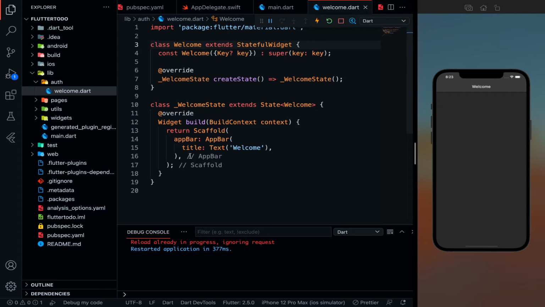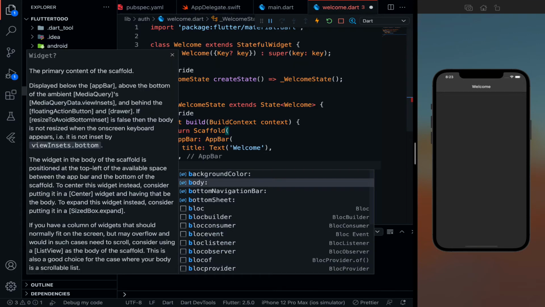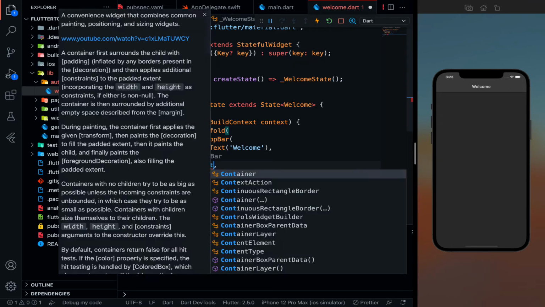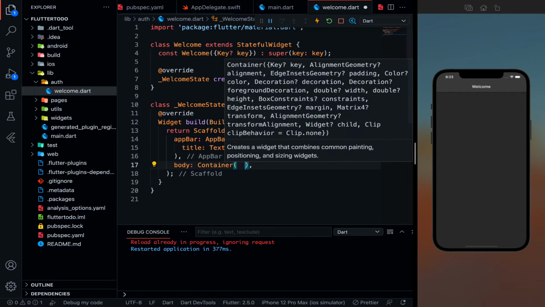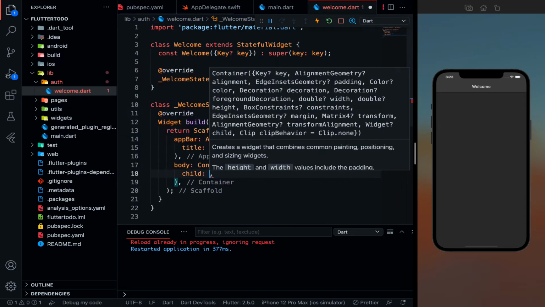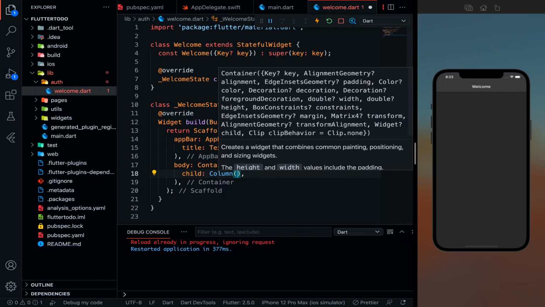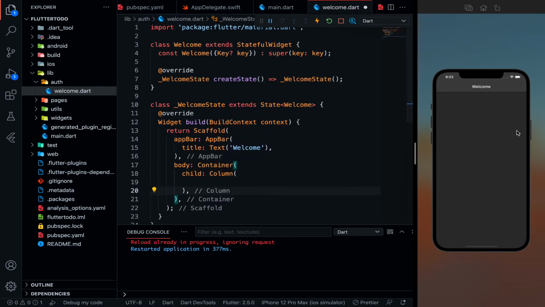So in the app bar is done. Let's go to body. So in the body, I'm going to define a simple container. In the container, I'm going to have a simple child, and we are going to have a column. So why a column? I'm going to define a text form field for a username, a text form field for an email, a text form field for a password, right?